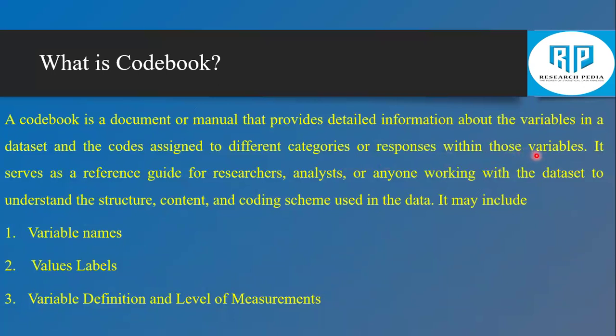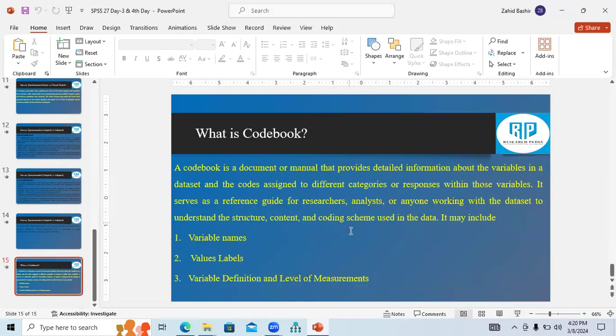So we need to understand how the data is coded, how different statements or attributes in your questionnaire are coded when you are going to enter data in your SPSS. So you need to provide codes for variable names, variable labels. You need to provide definition and level of measurement in code books. So let's have a quick overview